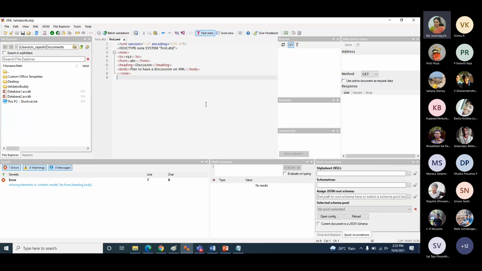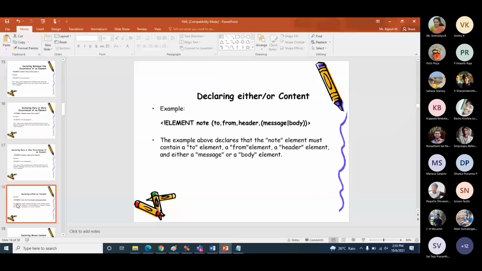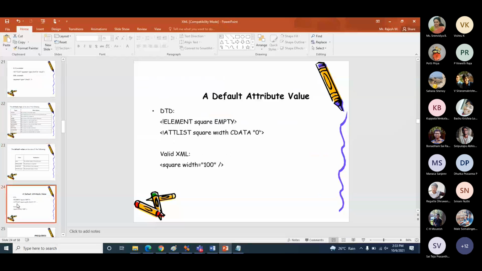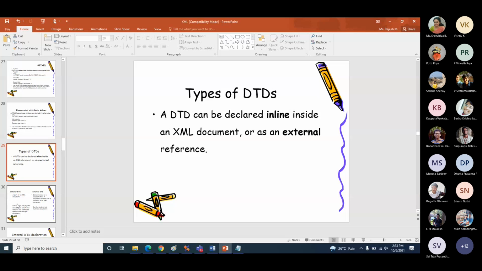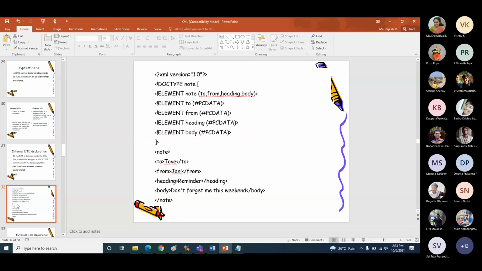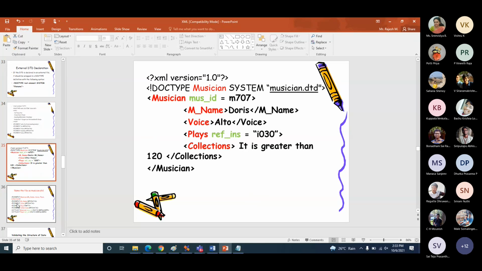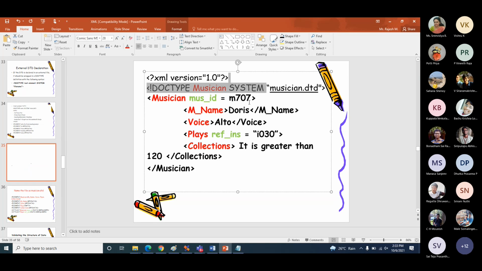What we will do next is try to see an example. I have an XML document here. What I want you to do is, for this XML document, write the musician.dtd first.